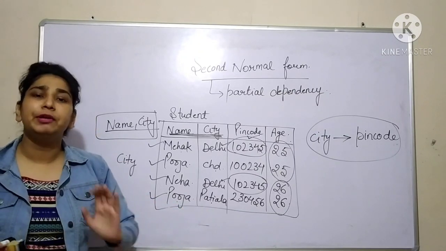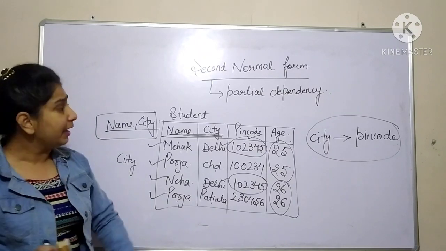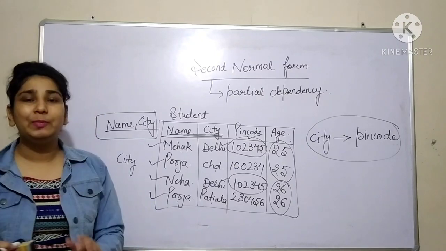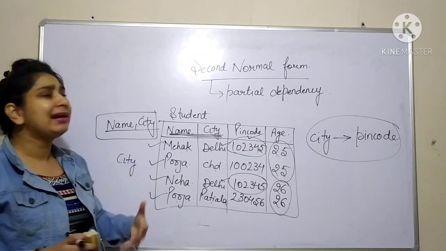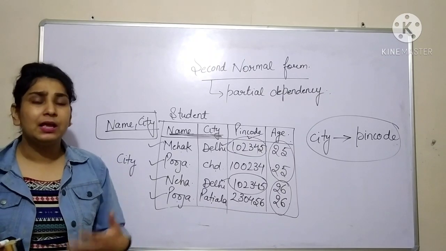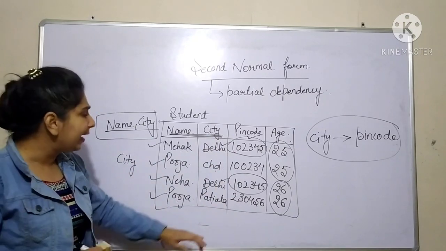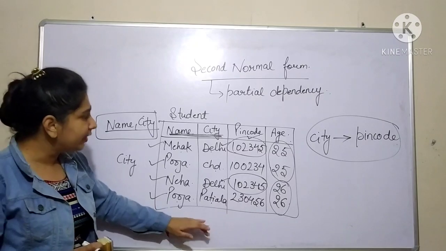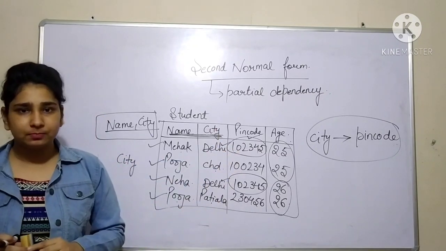where we have to remove this kind of redundancy. Okay, so in each and every normal form which we will be studying, we are just discussing what kind of redundancies may occur in your relation. We are trying to find out all of the possibilities in which redundancy may arise in your relation.